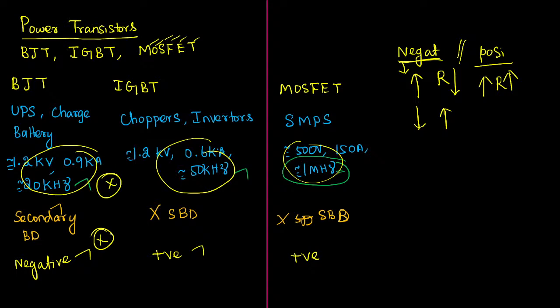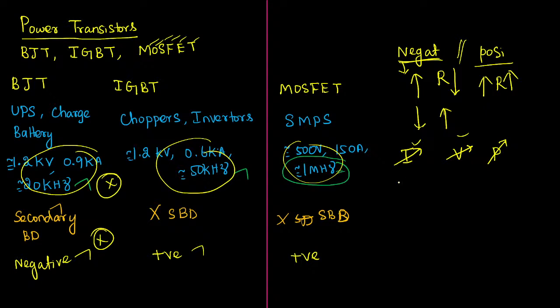So what type of controlling action is it? Whether it is controlling the current, or the voltage, or the power. That is the question. Basically, the switches that we are handling here control only two parameters: one is voltage and another one is current. In the case of BJT, bipolar junction transistor, it is a device that helps us to control the